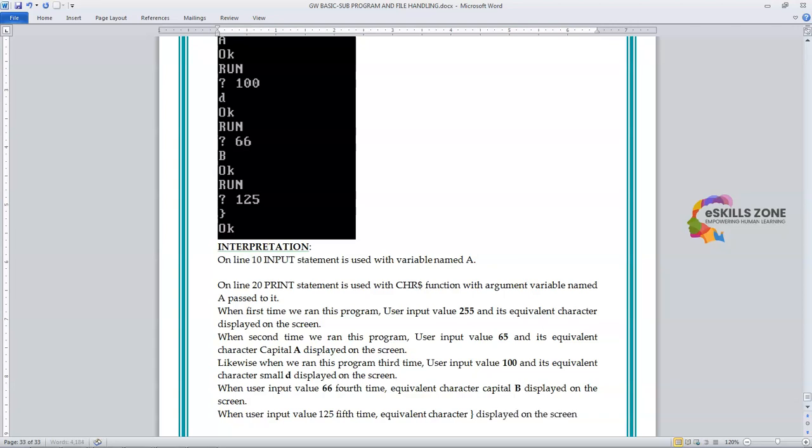So each time we give any value, because there are total 256 characters in